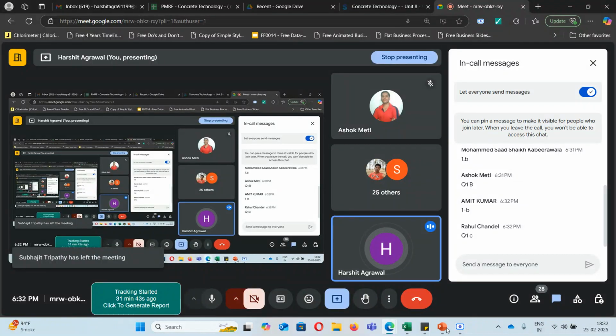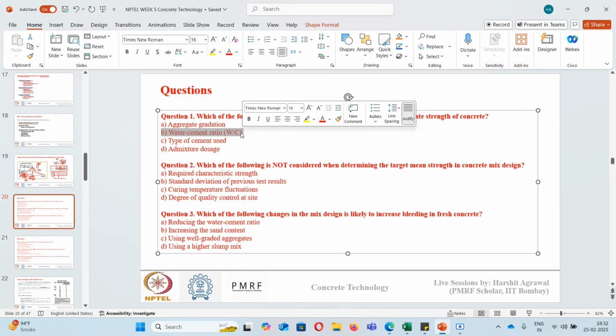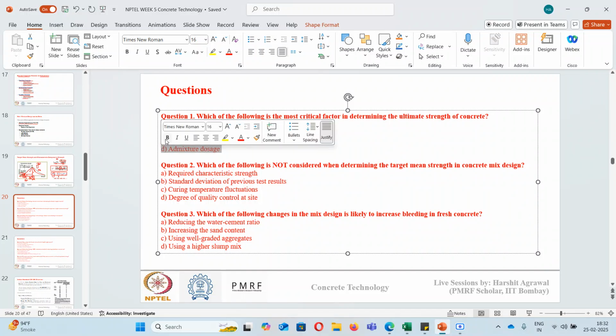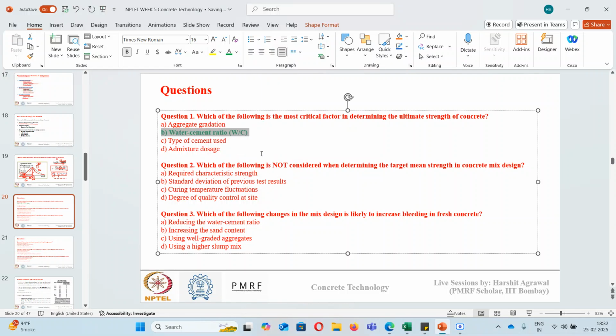For the first question, the answer is yes. Answer is B. Okay, so all these factors can affect the compressive strength. Which of the following is the most critical, that has been asked. Aggregate gradation will also influence, type of cement will also influence, admixture dosage will also influence, but the most critical factor is the water to cement ratio,